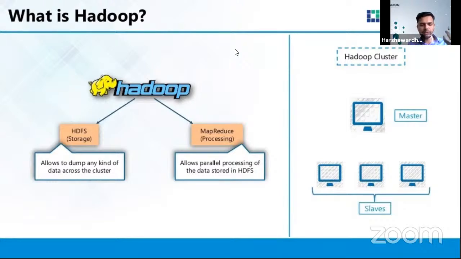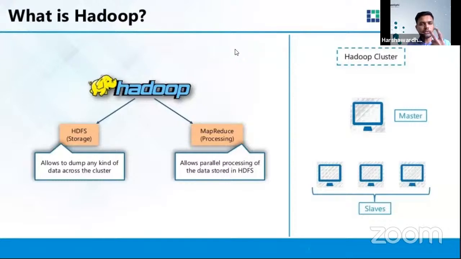We need some storage. And once you have that data stored on, let's say, your machine, a very simple example, you people have been studying databases. Again, a very simple example: some videos are there on your laptop, and you just play them. That video is available on your laptop, which means your machine is capable of storing that data. It understands that data. And you have some applications by using which you can play that video and just enjoy it.